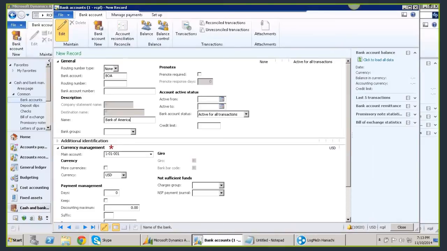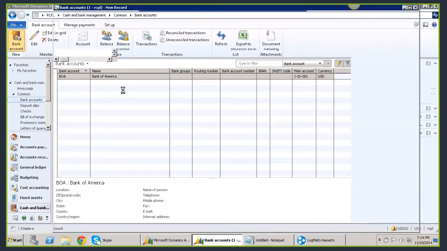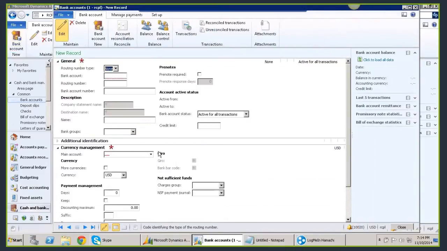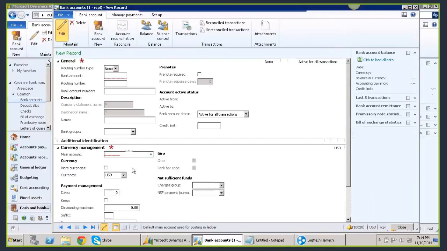Always remember this main account. You have to select your main account. Other things are optional. I am not going into details of other things. That are all the list will be provided by the banker or your company. You can update them. Next one is Chase Bank.